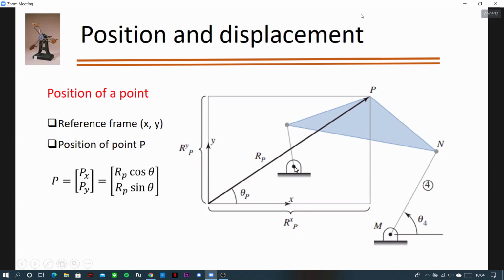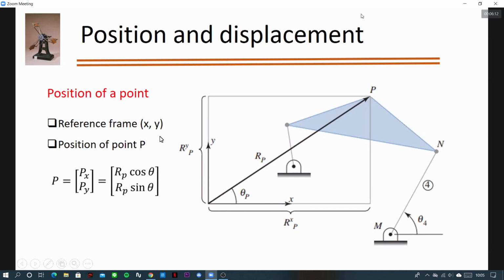Sometimes you will see this frame at some joint, but it may also be possible that this frame is available at some other corner, or somewhere in the world, right? And from that location you are seeing your mechanism. So from that location you are seeing the points or joints of all the links of your mechanism, and you're trying to tell what the coordinates of those joints and links are, and how your link is moving. So with respect to that world frame, you are trying to define your mechanism.